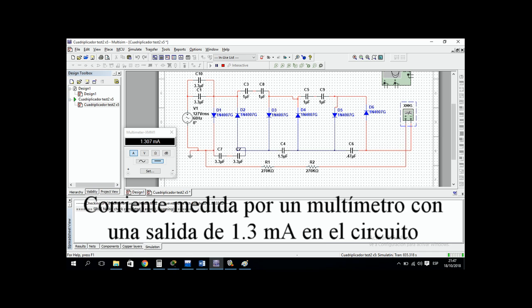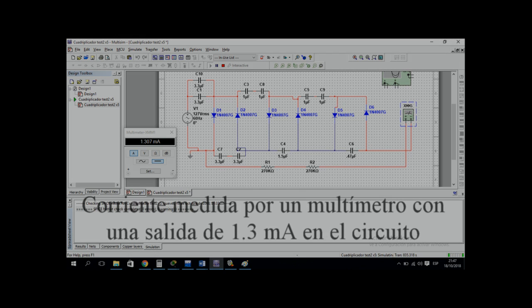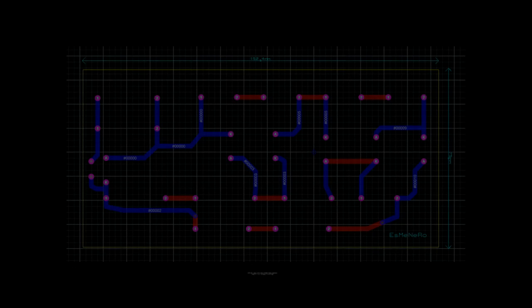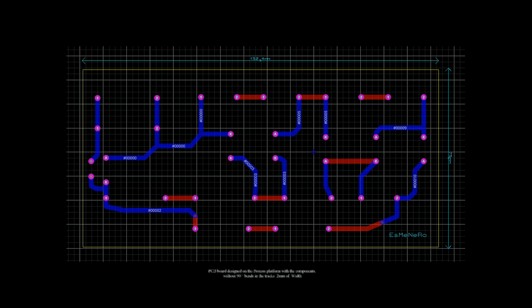The voltage forms that were perceived were the following, where it can be analyzed that the oscilloscope shows that the wave in the resistor reaches 305 volts. In addition, the average of the wave reaches 324 volts, which is measured on the multimeter. The design of the PCB was carried out in the Proteus program, taking care of the measurements of the